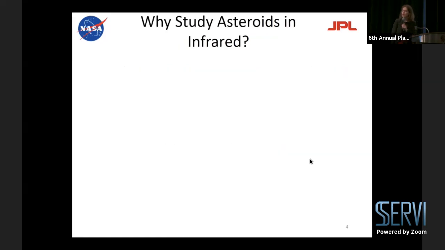So why do we look for the asteroids in the infrared? Well, it's kind of for the same reason as a colleague of mine likes to say why criminals rob banks. It's because this is where the money is. In the case of the asteroids, they just simply are whopping bright in the infrared. Most of the energy comes out at thermal wavelengths. They get warm and they re-radiate brightly at these longer infrared wavelengths in particular.